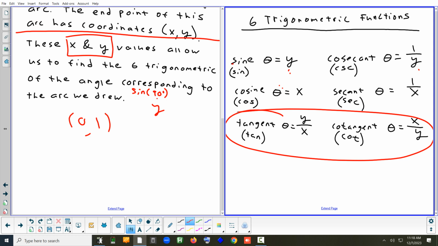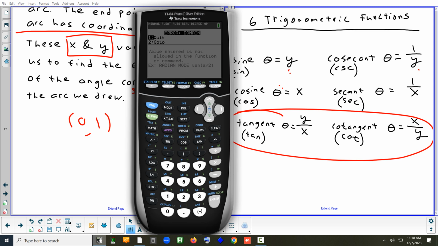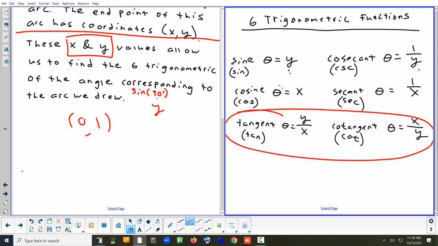Why would you use the reciprocal? Like in which case would you use a reciprocal? If I was doing something on a calculator, I wouldn't, because the calculator doesn't have the 3 buttons on the right. What you would want to do is, if you were solving a problem that had one of the reciprocals in it, you would want to change it to one that doesn't. It's kind of hard for me to explain because we don't know a lot of trivia. Let's say you had like the secant